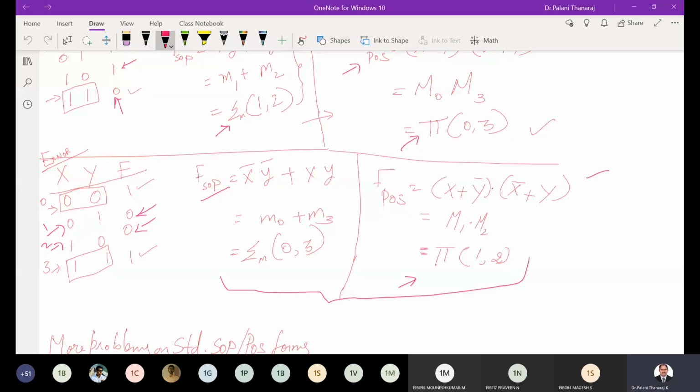You can see this expression. I'm having 0, 3 for SOP. So remaining has to be what? POS. Simple as that, right? Because we take 1 for SOP and 0 for POS. Able to understand? These are mutually exclusive, and they represent the same logic. That is the beauty of it.